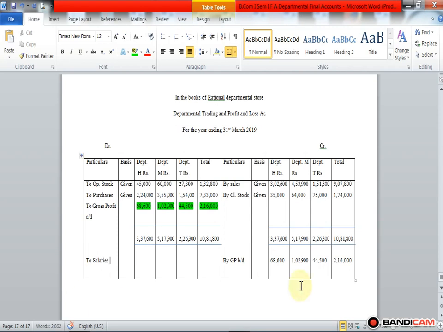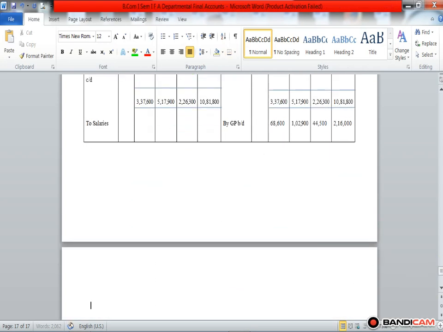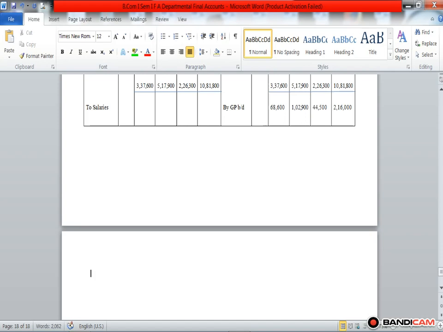For salary we have to prepare a working note first, allocation of salaries